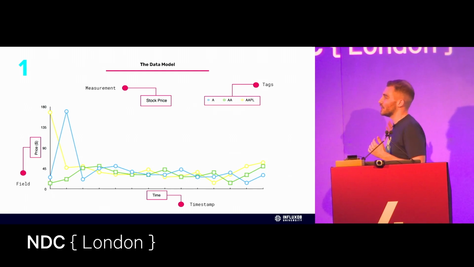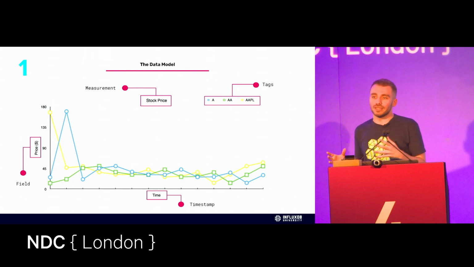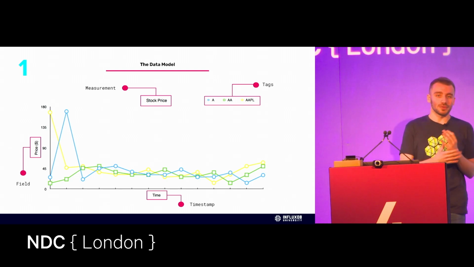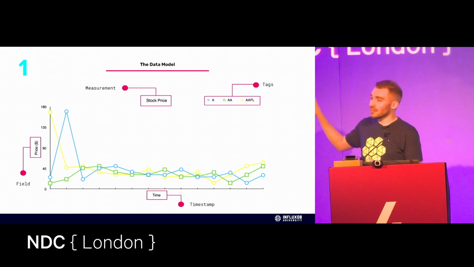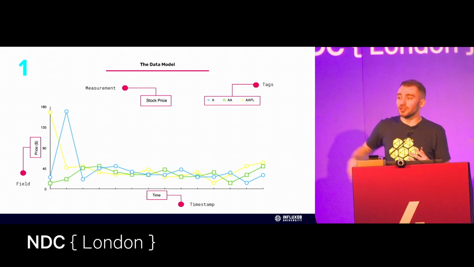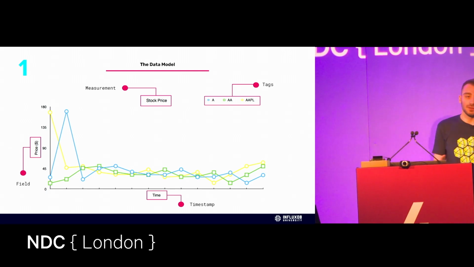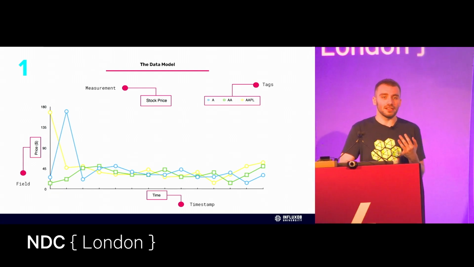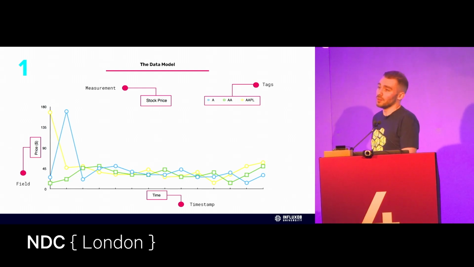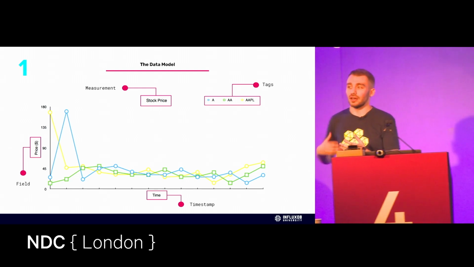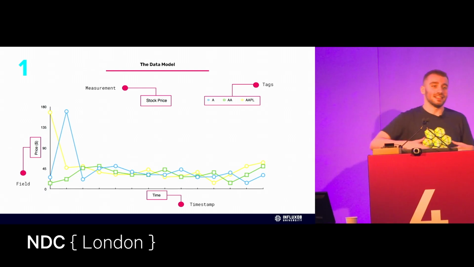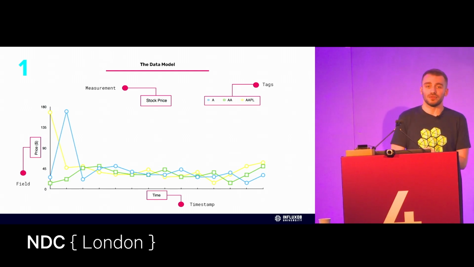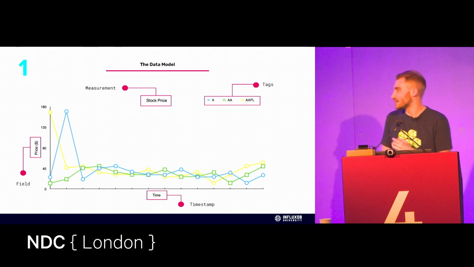So this always runs linearly across, and all of your data stored within a time series database will have a timestamp. That's just the way the cookie crumbles with time series data. And lastly, and most importantly, are your fields. So your fields are your actual values. And within InfluxDB land and in most time series databases, they can be anywhere from strings to ints to floats. We even have binary formats now. So if you want to start looking at storing potentially video data, that's getting a little bit on the rise, but not quite yet. But you can start doing these things within time series databases.